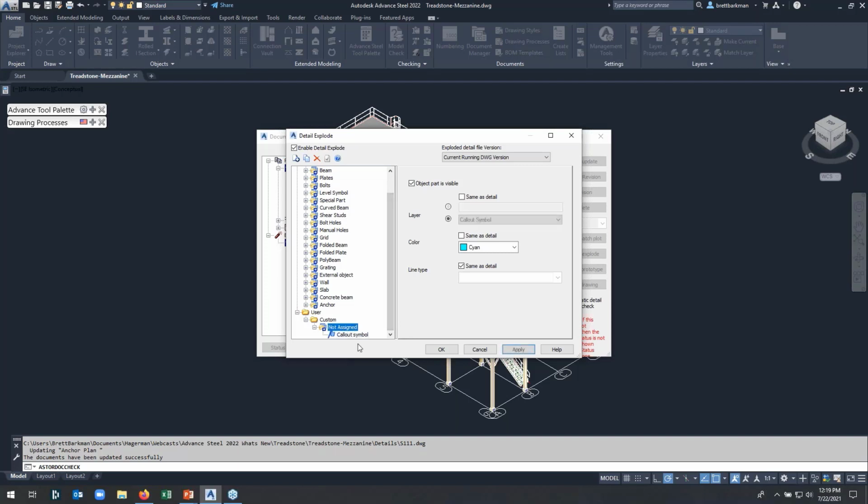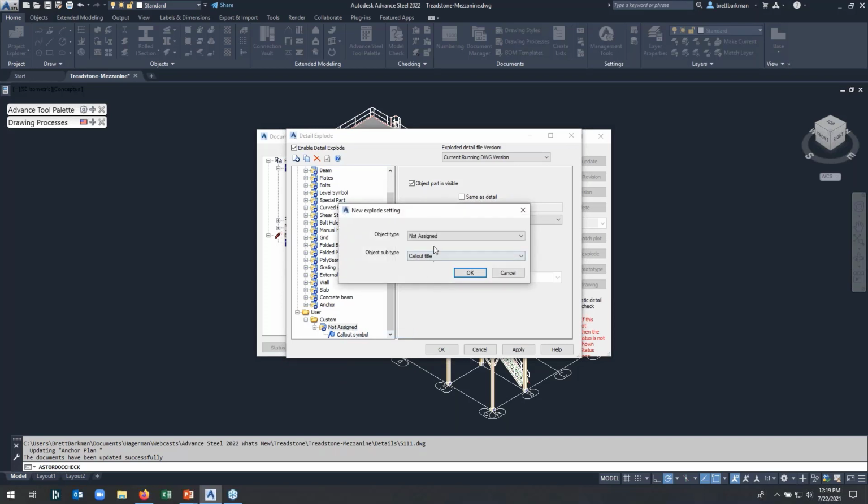Now that I've got a sub-branch here called Not Assigned, you can right-click there as well to start new settings, and it will pick up that object type for you. Just one less thing to select if you do that. Also notice under the subtypes, the call-out symbol isn't listed anymore. So as you add new types to your settings, they'll be removed from the list so you don't accidentally duplicate one. This time I'll do the call-out title,